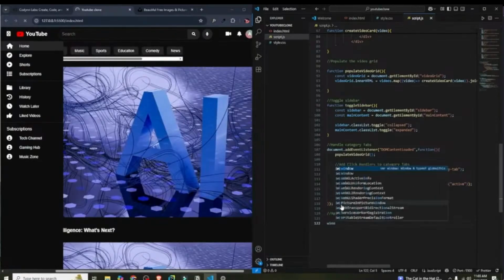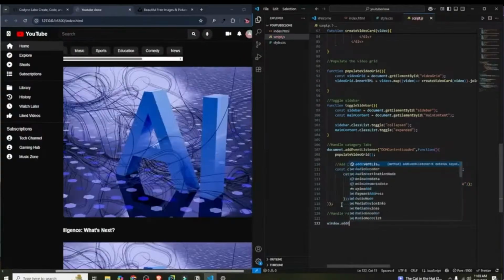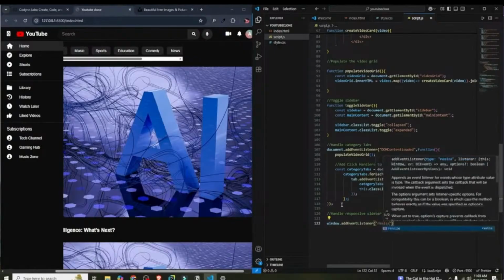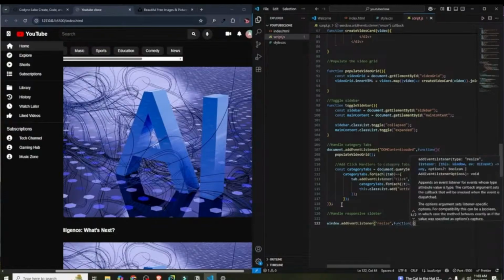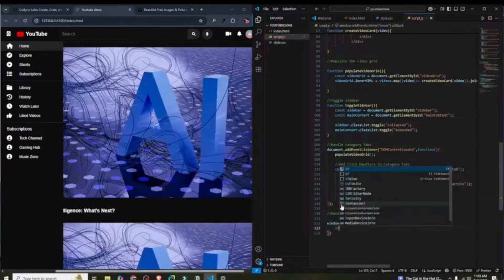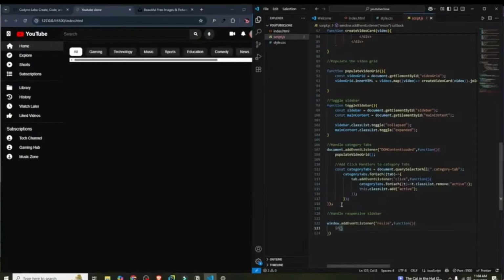On our window, we will add an event listener for resize, and on resize we will execute a function that checks if window.innerWidth is less than or equal to 768,